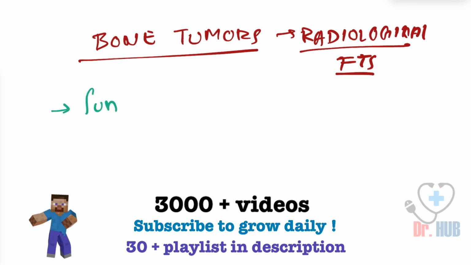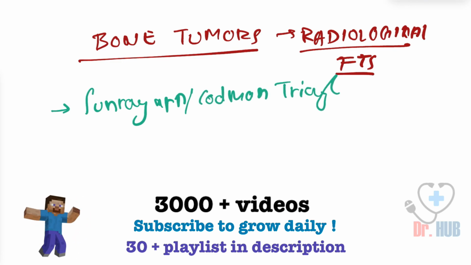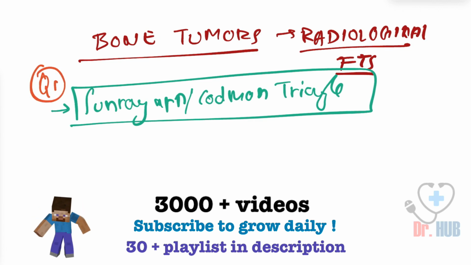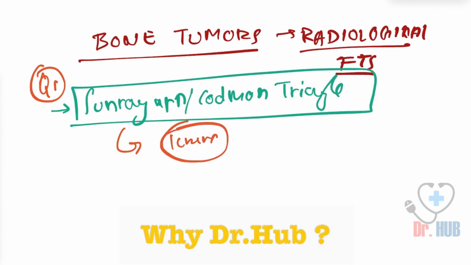So you have the sun ray appearance of the Codman triangle. So the first question is, where does this appear, in what tumor? And the second question we want to ask is,